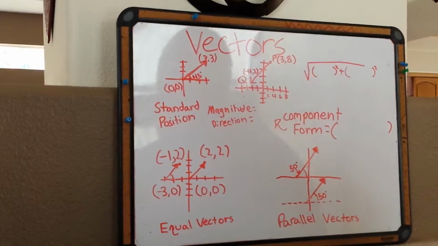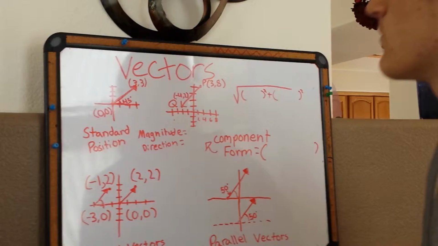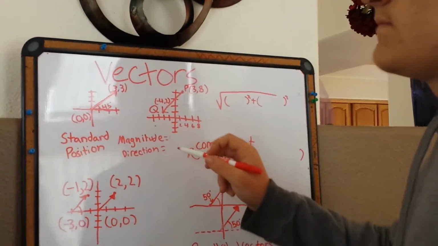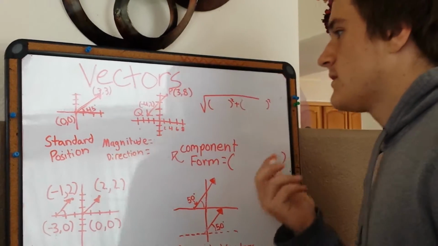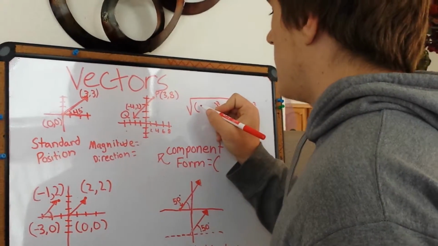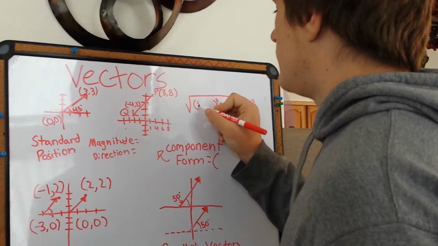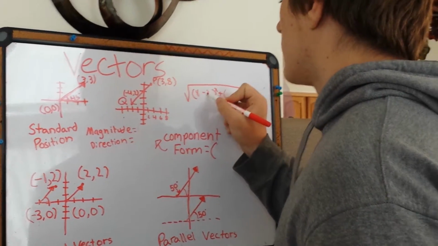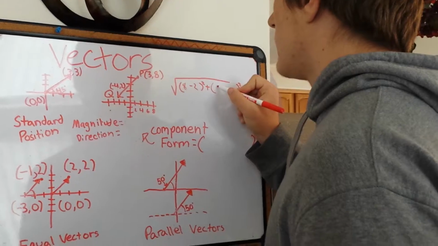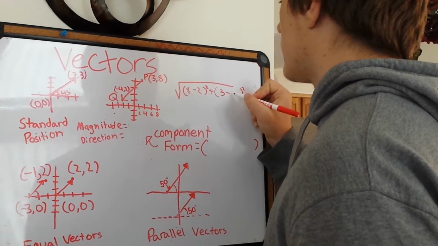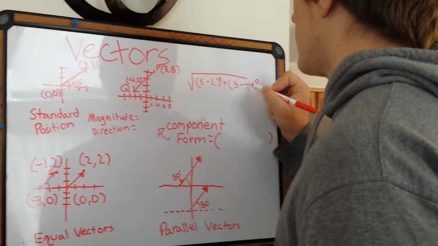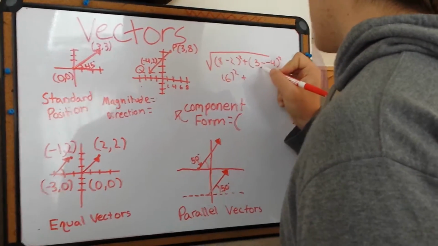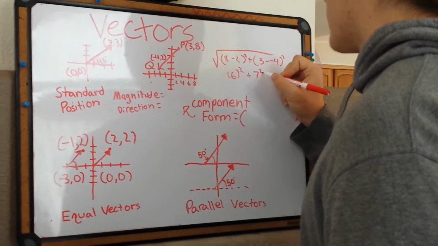magnitude of the vector. So right here we have one drawn up, and we're going to go ahead and solve for magnitude and direction. So to solve for magnitude, you want to use the distance formula. So plug in the distance formula, y2 minus y1 and x2 minus x1. So you plug that in, you get 6 squared plus 7 squared,